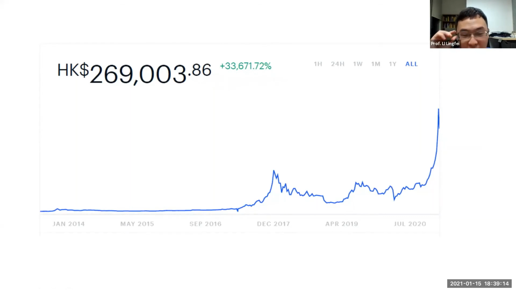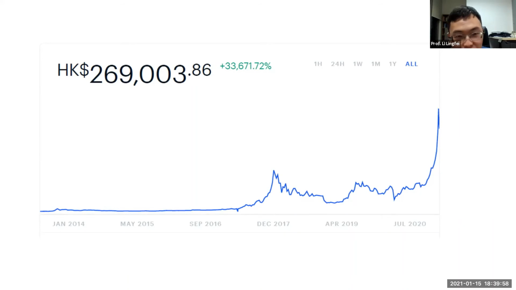So why has the Bitcoin price gone up a lot? One reason is that it has been accepted as a medium of exchange in more and more places. A currency only has value if it can be used to exchange for other things. It can serve as a medium of exchange. In the early days, Bitcoin was not that widely accepted, but in recent years, more and more places start to accept Bitcoins for transactions. So this recognition as a medium of exchange definitely helped push up its value.